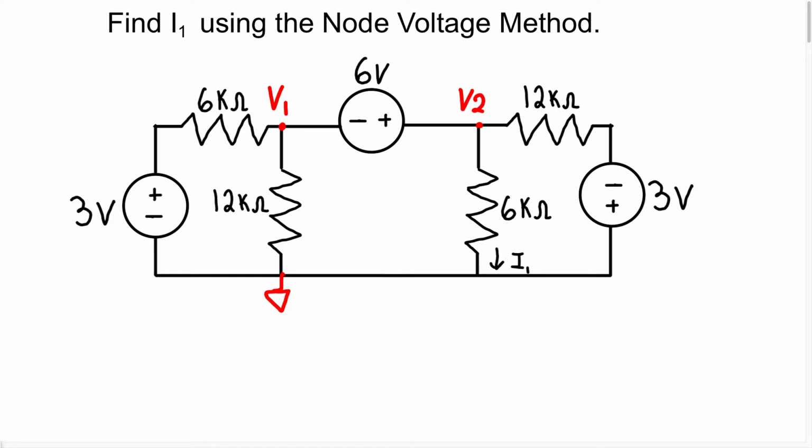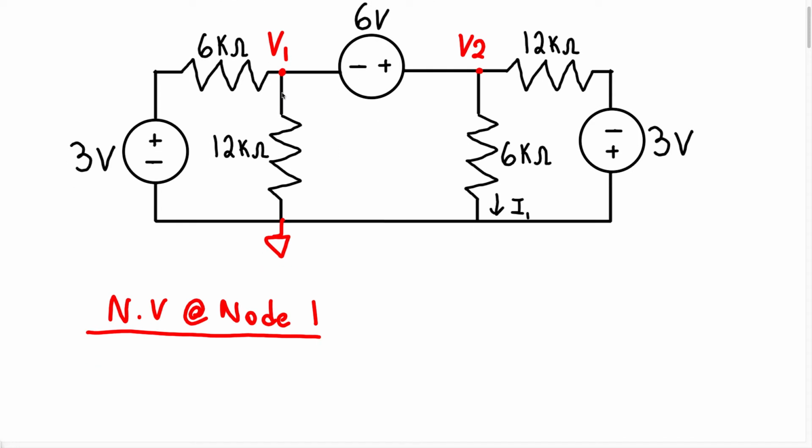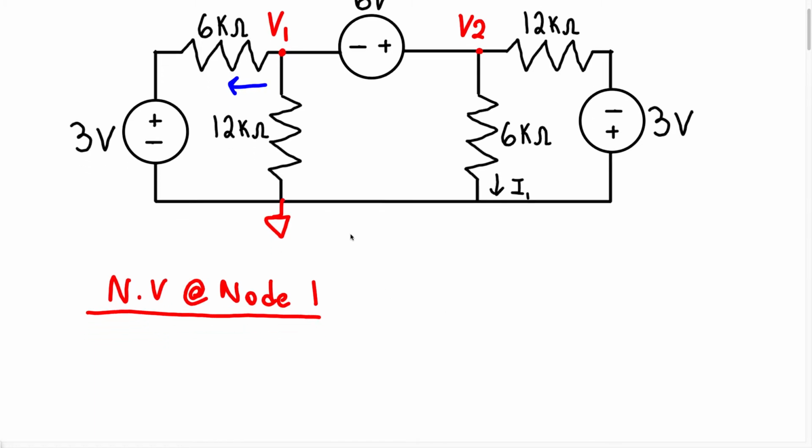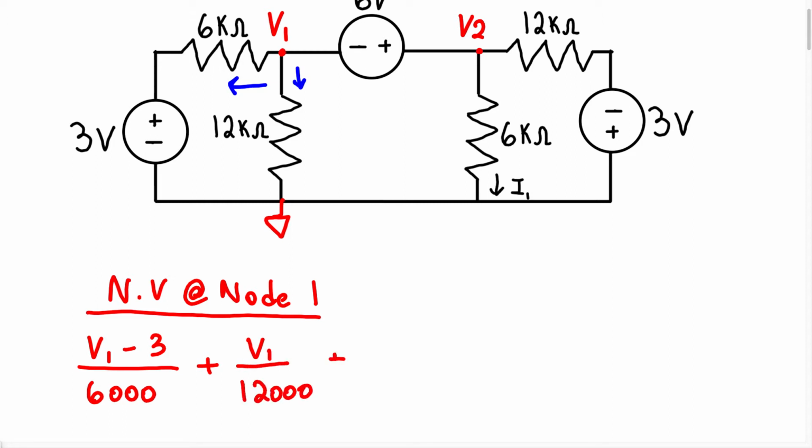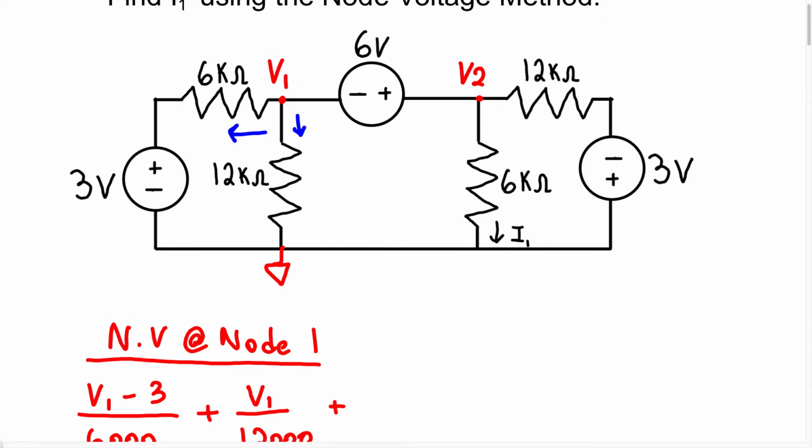So let's begin. We're going to write a node voltage equation at node 1. Right? So we know this is node 1. We're going to assume the current is going to go in this direction, so it's going to leave the node. So when you write down that current, we're going to have V1 minus 3 divided by 6,000 plus, we're going to assume the current is going to flow in this direction, so we're going to have V1 over 12,000